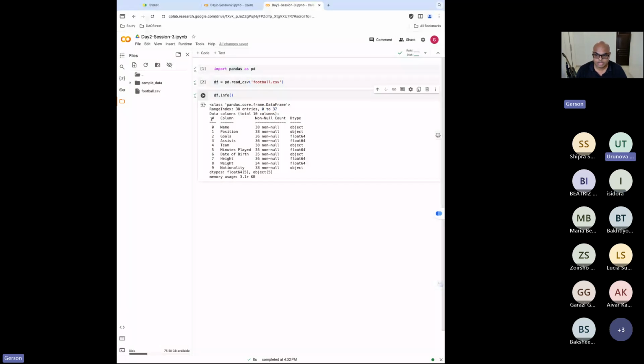And then it gives me the data columns. So there are 10 columns. So again, it's counting from 0, right? So 0, 1, 2, 3, all the way to 9. And it tells me the name of the column. It tells me how many